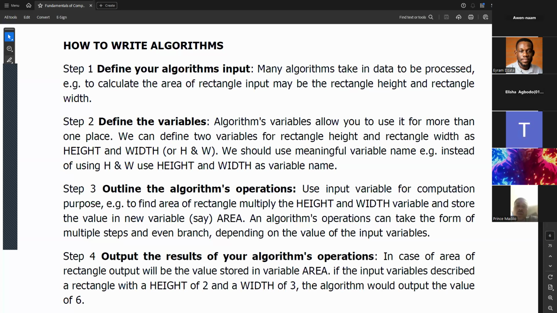So if the formula says a student who gets 85 to 100 should be awarded A plus, and a student who gets 80 to 84 should be awarded A,